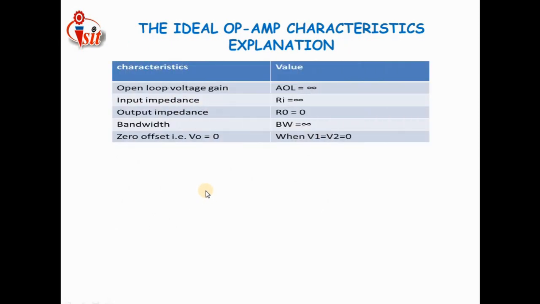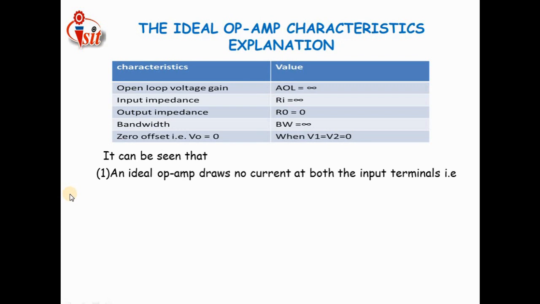Then at that case, the ideal characteristics of the op amp come into the picture again. Just for revision purposes I have taken them here. Just look at these parameters. The open loop voltage gain is infinity. Input impedance is infinity. Output impedance is 0. Bandwidth is infinity. Zero offset voltage, it is 0, under the condition that the input at the inverting as well as non-inverting terminal is 0. It can be seen that